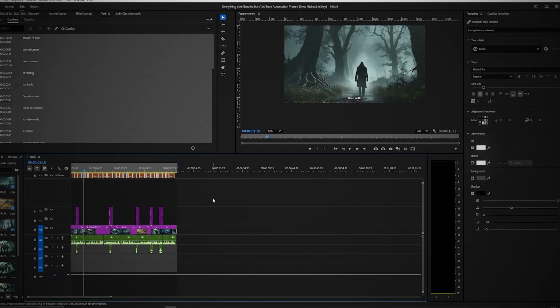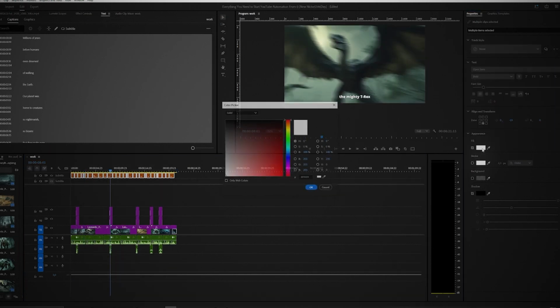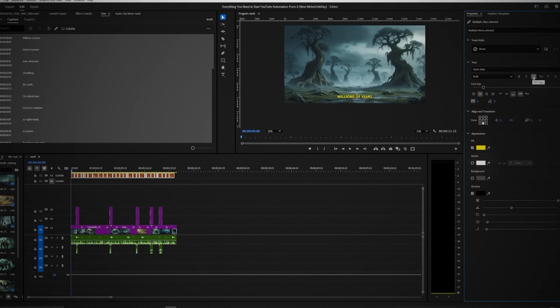Now select all the subtitles and go to raise the texts a little bit. Now go to choose the best font for the texts. Change the color of the text. I chose a yellow. Press on this symbol to make all the letters minuscule. Change the font size to 70. Enable the shadow behind the text and put in my settings.